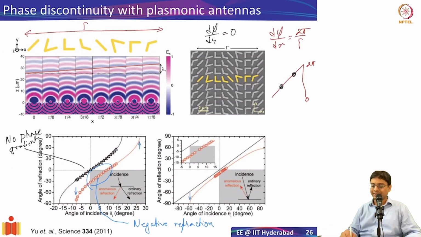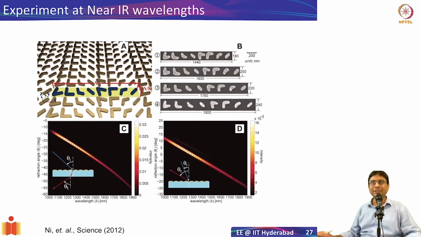So these experiments were done, I think, at lambda equal to 8 microns. You see the sizes of antennas are all in microns. So basically it's much deep subwavelength, of course, but it was done in the mid-IR because that's where you can easily fabricate these devices. So quickly somebody else tried to do, let's say, visible.